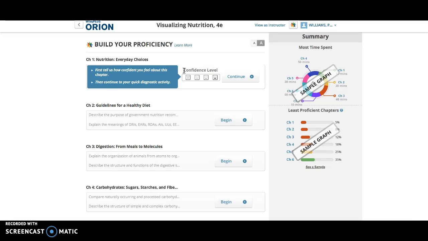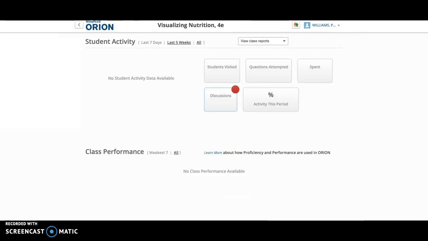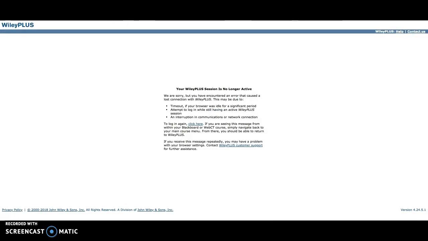And they can become more and more proficient in each chapter as they answer more questions correctly, with ease and with confidence. So that is Orion. And lastly,